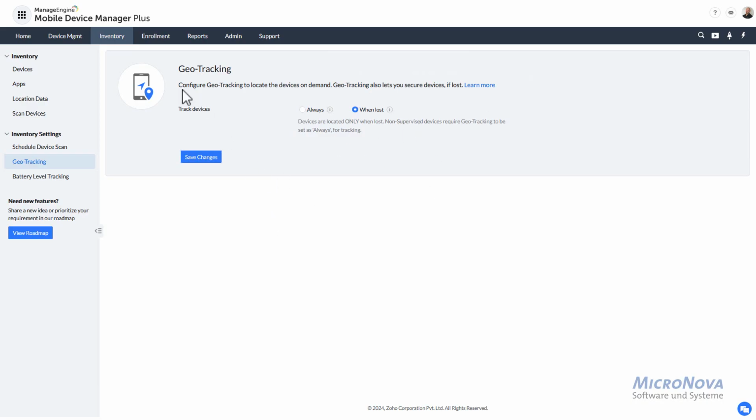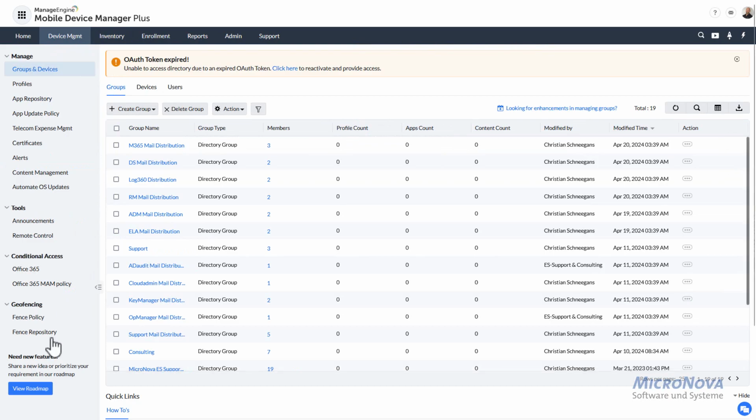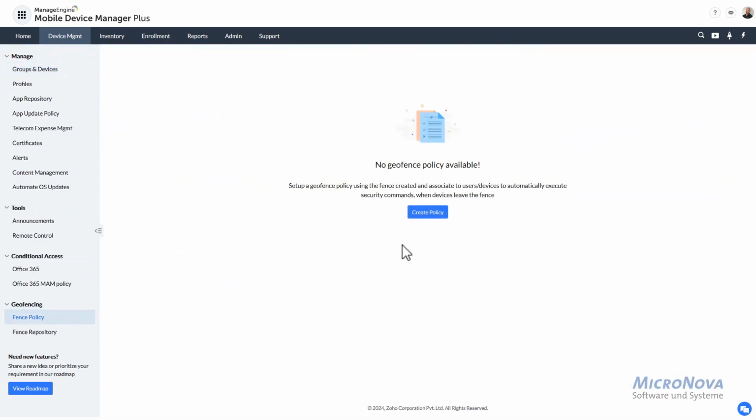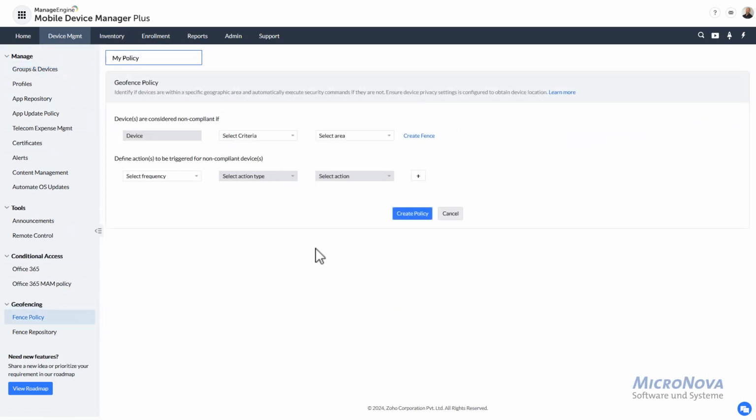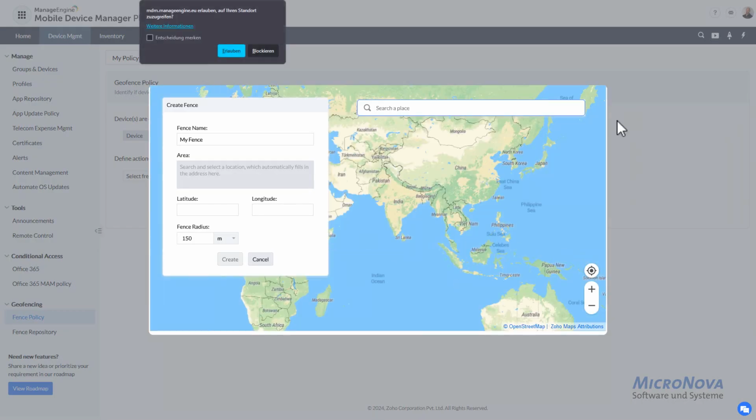When you set it up here, within the device management, you can create a policy, a fence, by meaning that if there is a fence created and the device is not within that selected area, when you create that fence here,